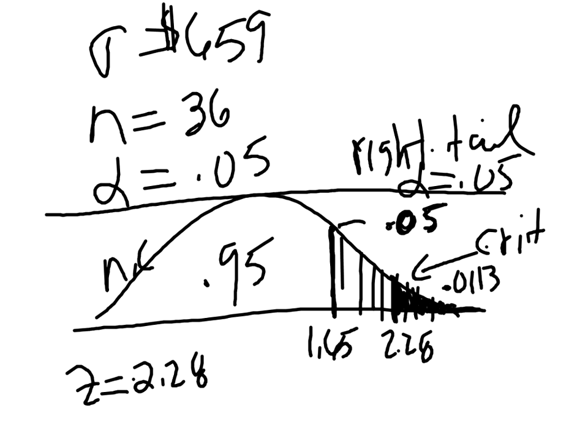Okay? So now what they want us to do is compare 0.05 versus 0.0113. Well, clearly 0.0113 is less than 0.05. We're much further into the tail. We already knew that we're going to reject the null hypothesis, but now we can tell the actual p-value, this